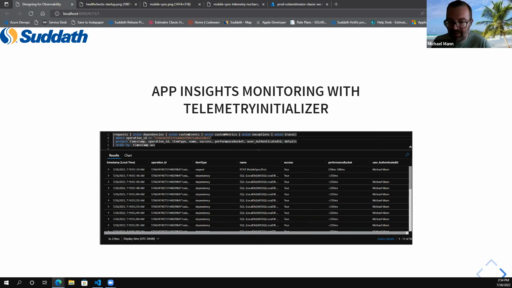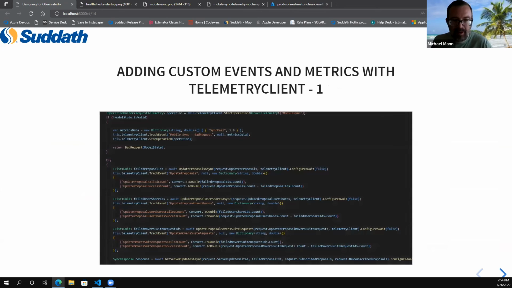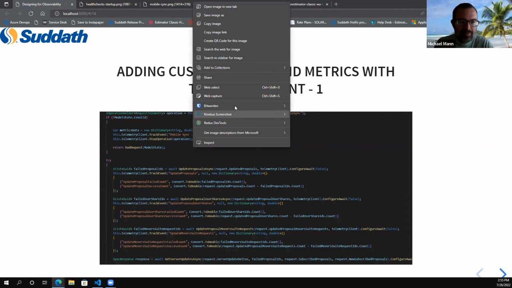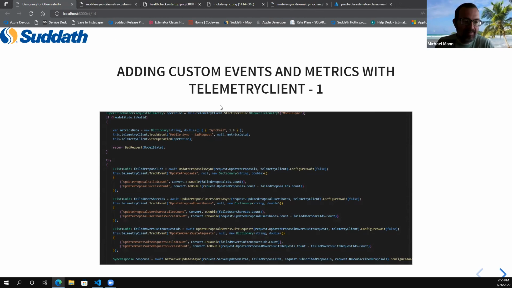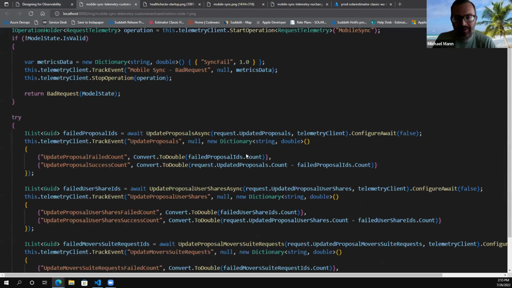So we're layering these things incrementally, piece by piece. All right, so now this is where it gets fun. What if I wanted to take this to another level and capture some custom events around our application? So I'm just going to open this in a new tab so you can see it. And there's a lot of stuff here, okay? But this is the telemetry